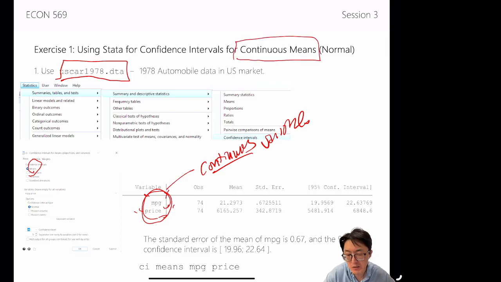It's a little bit confusing, so I believe Stata will change the label later. But in Stata, the "means" is actually continuous means. So if you have your variable in the form of continuous means,